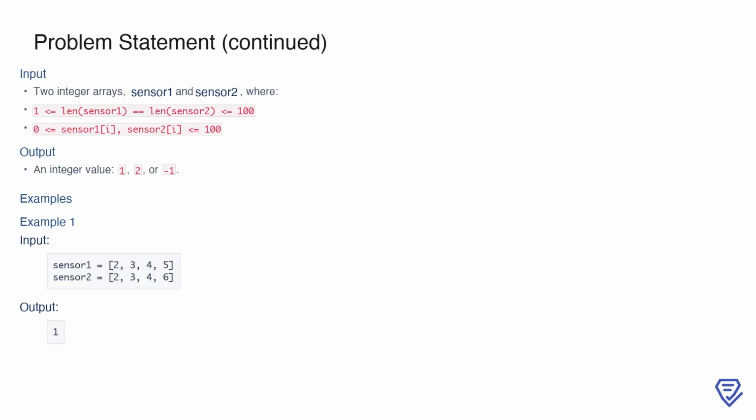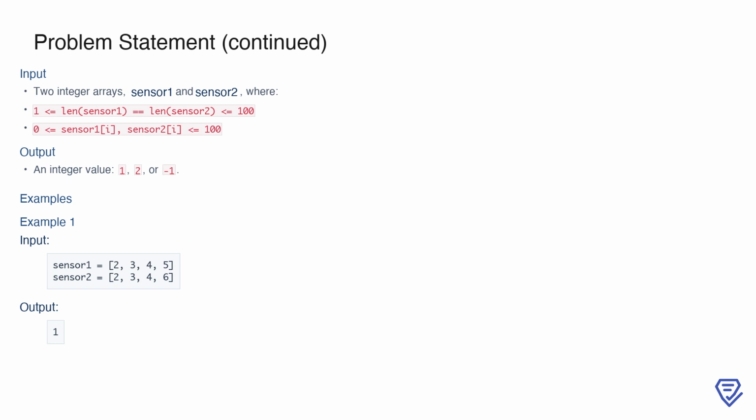Now let's dive into the input and output details. The input consists of two integer arrays, sensor 1 and sensor 2. Both arrays have the same length, which is guaranteed to be between 1 and 100 inclusive. Each value in the arrays is a non-negative integer between 0 and 100. The output will be a single integer, which can be 1, 2, or -1, depending on our analysis of the